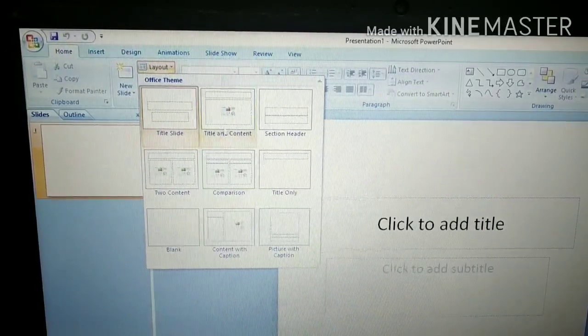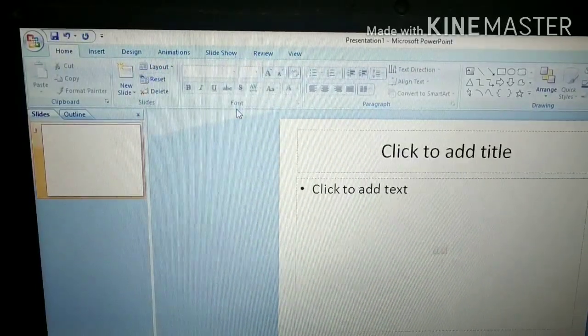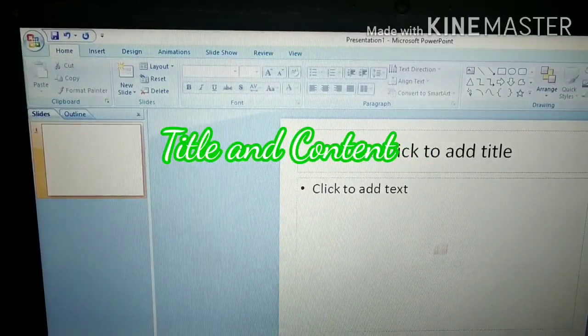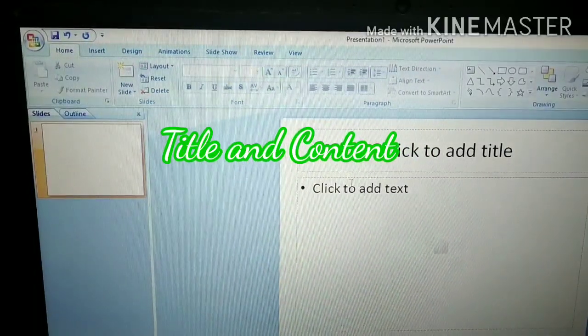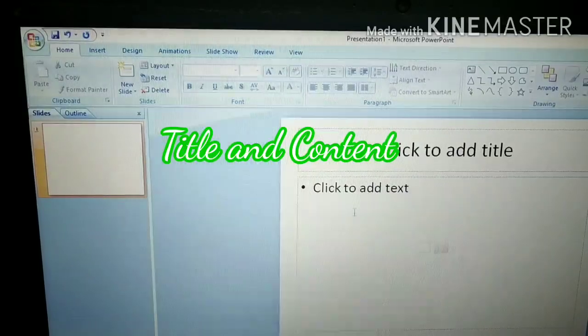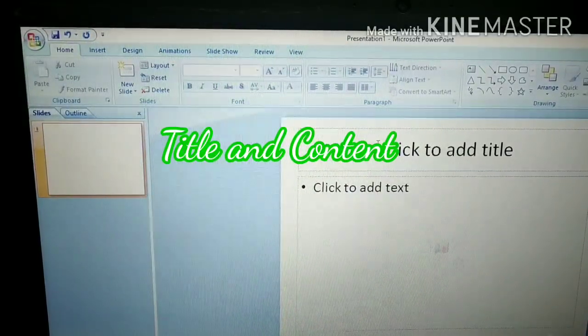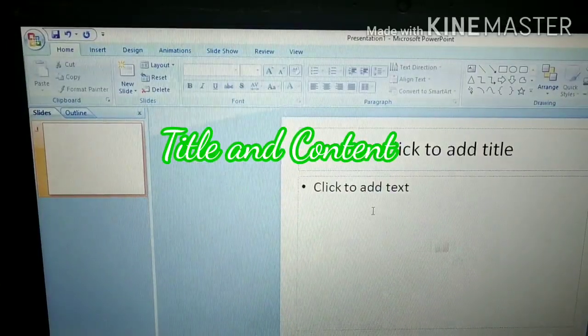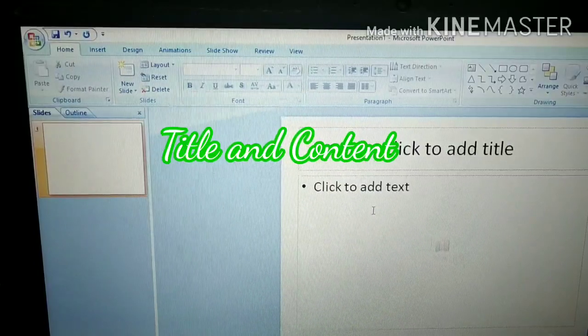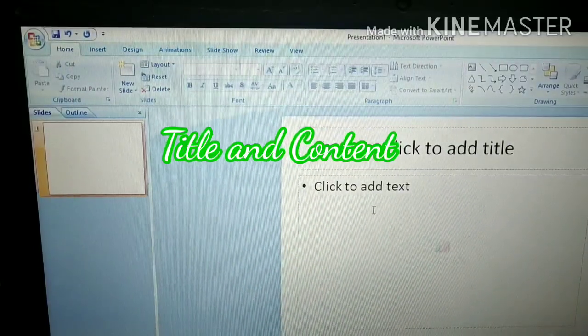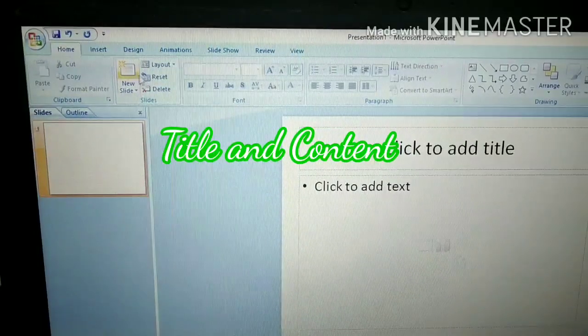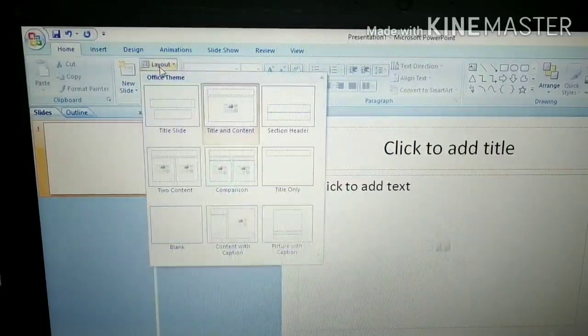Okay. The second layout is title and content. You can see this layout in this slide pane area. So here the title can be added and here the description of that title can be added. If you want to describe any topic, in that case we take this type of layout. Okay. Now the next layout is